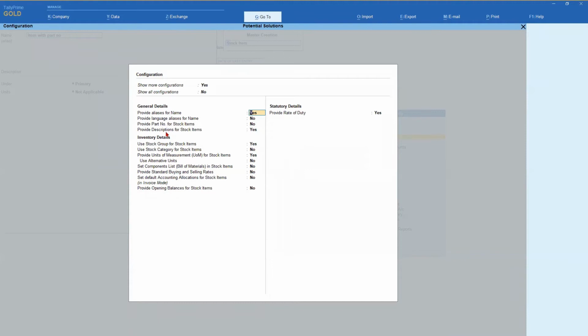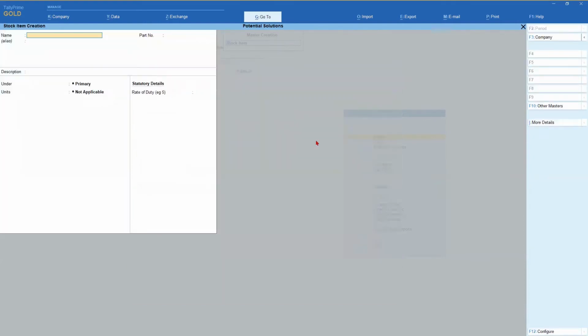Now, once you enable this show more configuration, the first of the additional configuration that we will get is provide part numbers for stock item. So I'm going to make this as yes, and I'm going to press Control A. Now you will notice that the part number field is visible now for the user to capture the part number.